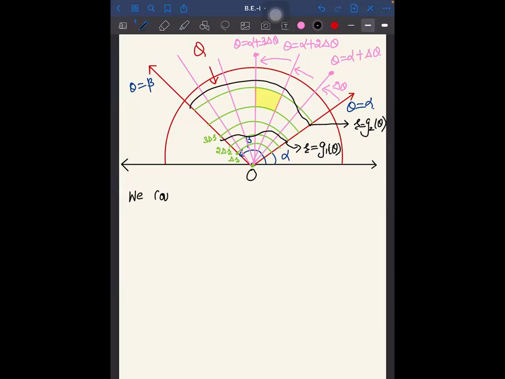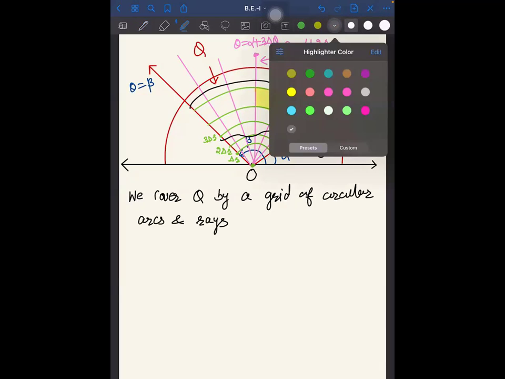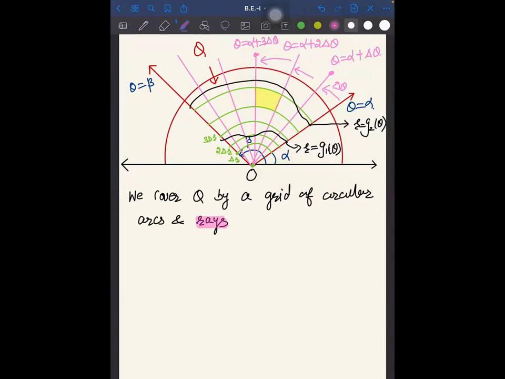So we cover Q by a grid of circular arcs and rays, right? And these rays are what? We have already covered these rays, and these rays are of pink color. That's what we have used over here. And these circular arcs were green. We covered it in this way, right? Yes, sir. So we have covered with these arcs, and